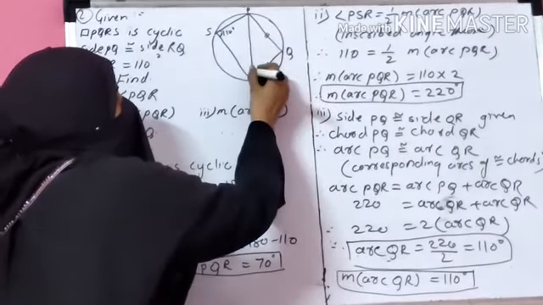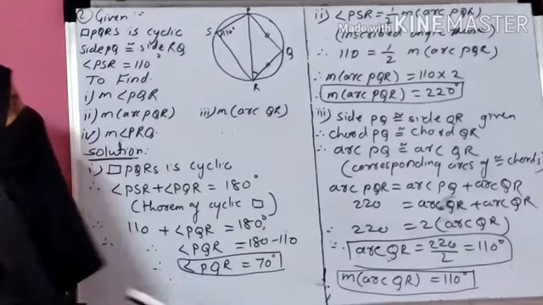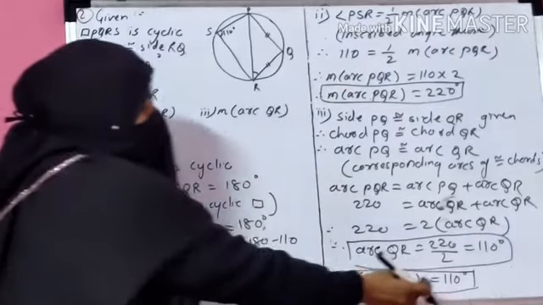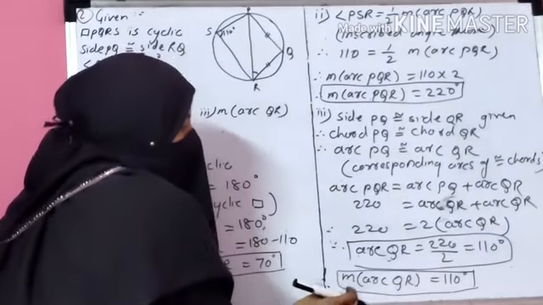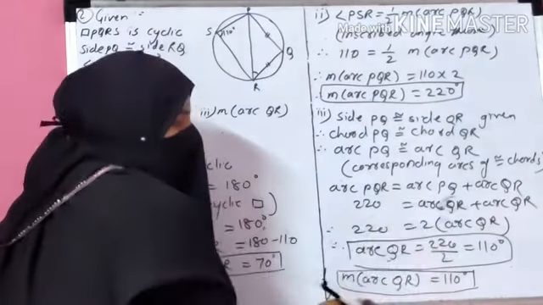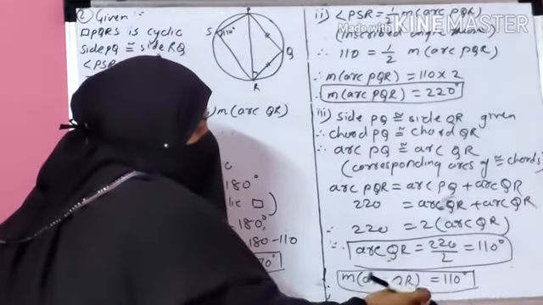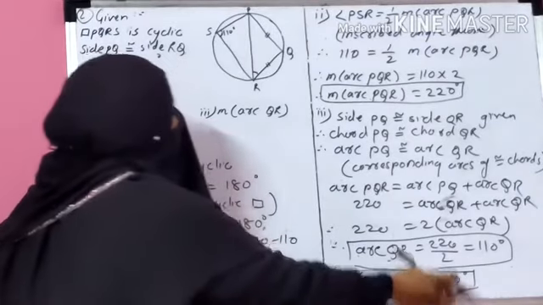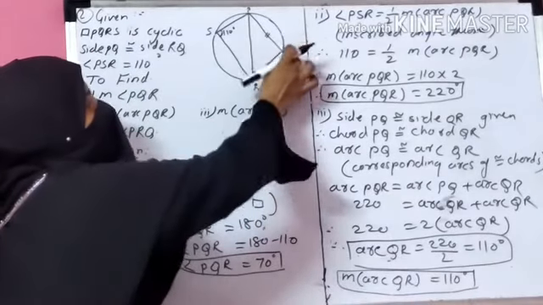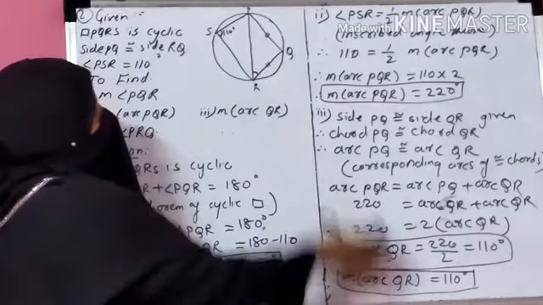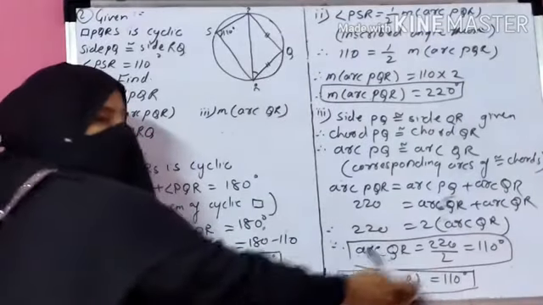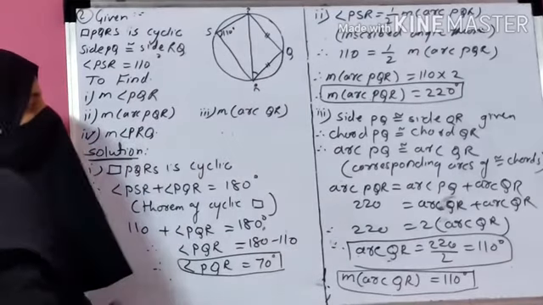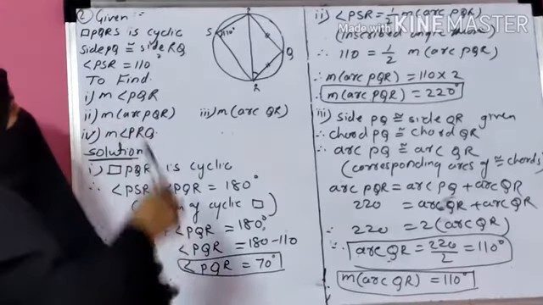If you observe, angle PRQ is an inscribed angle, and an inscribed angle is half of its intercepted arc. Arc PQ, here you get the value of 110 degrees, because arc QR and arc PQ both are equal. So measure of arc QR is 110 degrees, therefore measure of arc PQ is also 110 degrees. And measure of angle PRQ is half of the intercepted arc, that is half of PQ. Half of 110 is 55 degrees. Let's revise first these three, then start fourth.